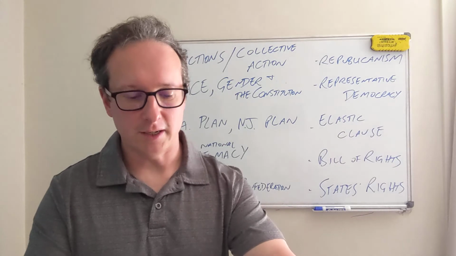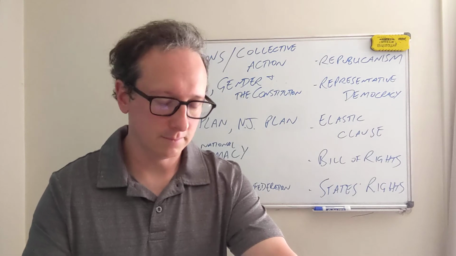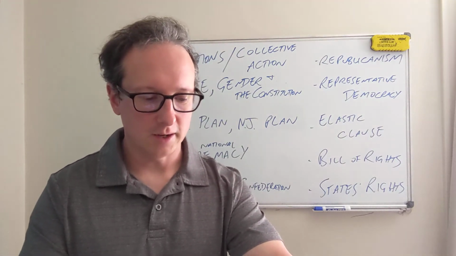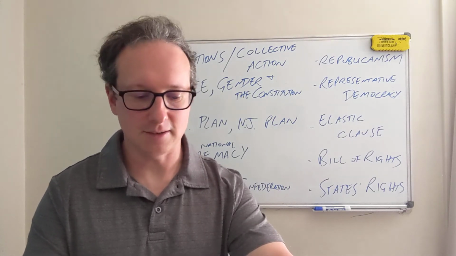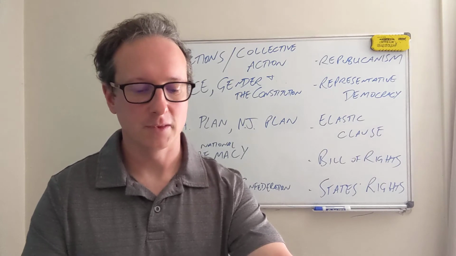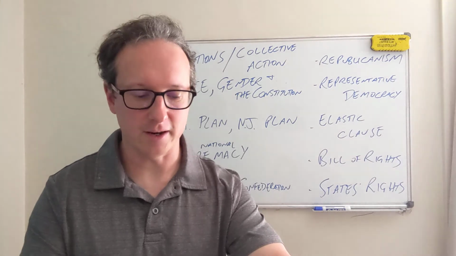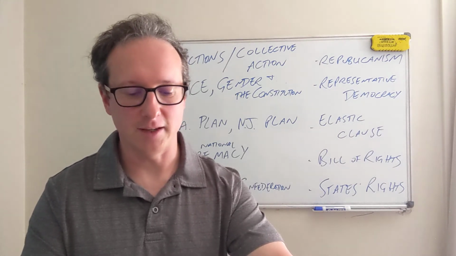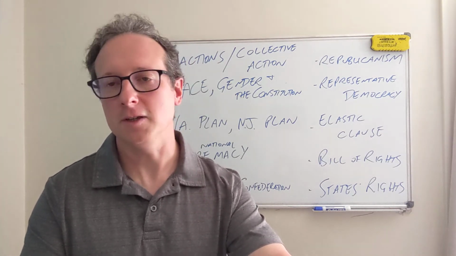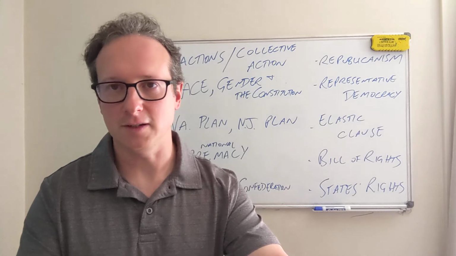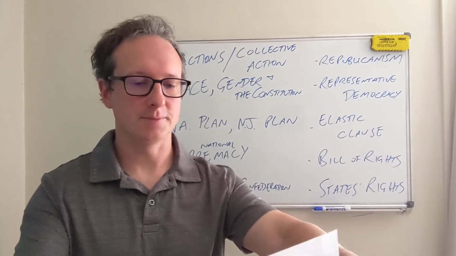Roger Sherman was the Connecticut representative, and so it's sometimes called the Sherman Compromise, but mostly the Connecticut Compromise. His idea was, why don't we just say that the second house will be based on states, and you, Madison, will still get this idea of factions checking each other, and you'll have more population-based representation in the House and the Electoral College, but in the Senate, we let them keep their state representation for all these small states like Rhode Island and New Jersey. So that's the Connecticut Compromise in a nutshell.